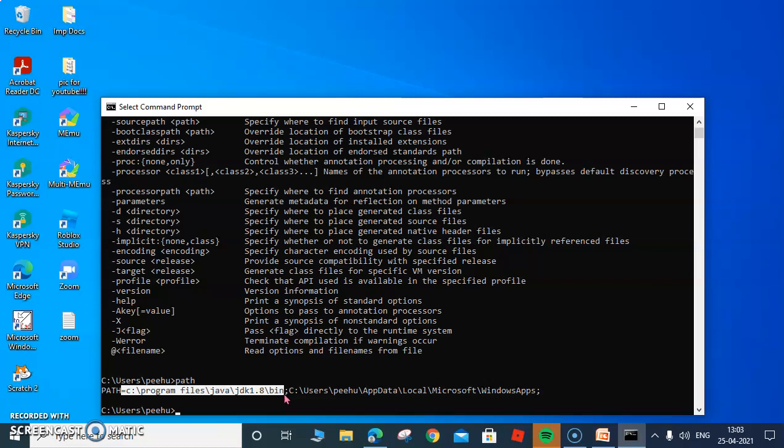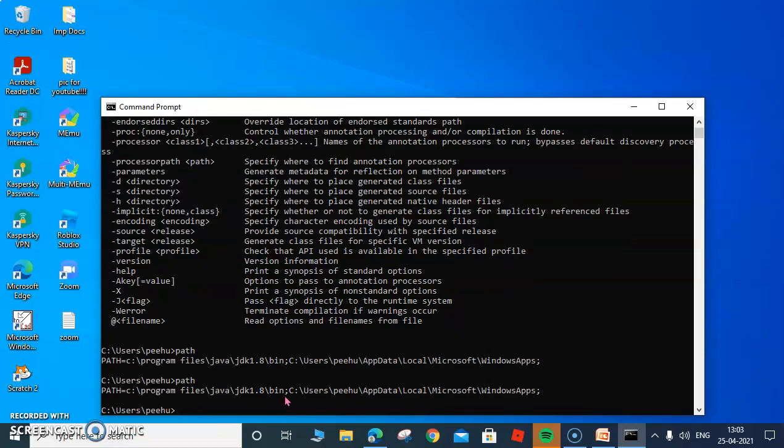So it means our path is set properly. If it is showing the wrong path or something wrong, then you might need to reset it again. I hope you have got it. Again, just type path and see whether the path you set up has been set or not. Alright, so this way we have set up the path. This one-time exercise is done: we have installed the JDK, and at the same time we have set the path correctly.